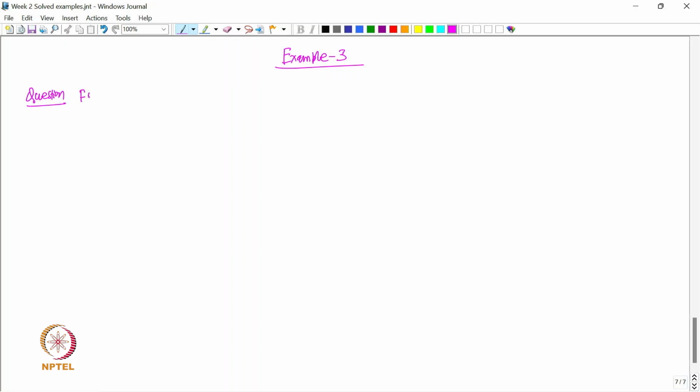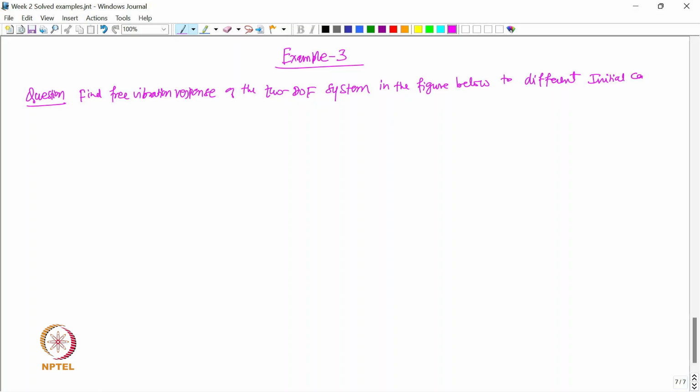So find the free vibration response of the 2 degree of freedom system in the figure below for different initial conditions, which are,